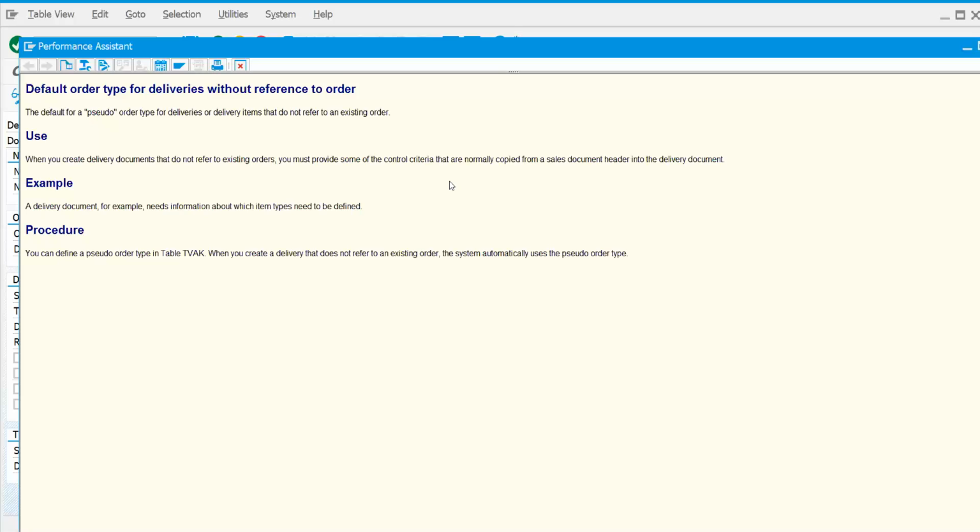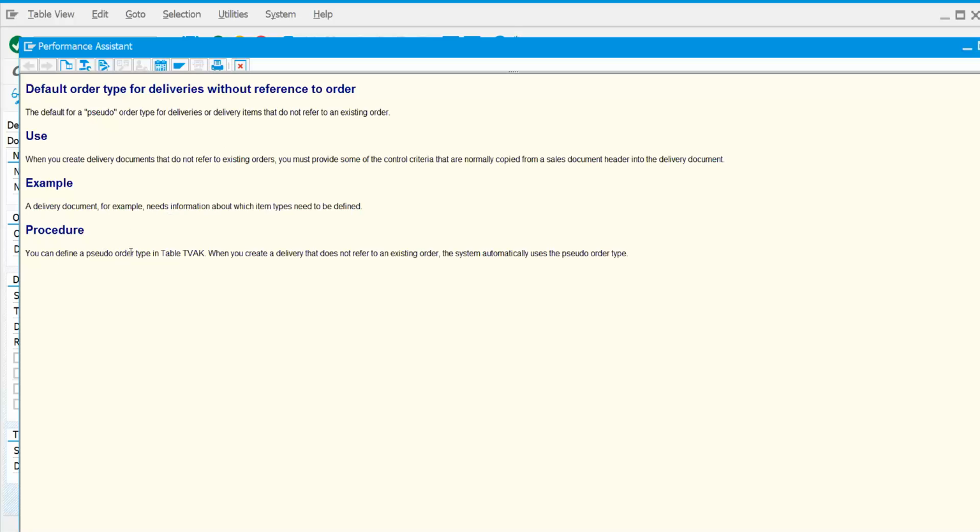At the sales order level, the sold-to party rules, as we know, he is the main party at the sales order level. Like that, if you go to the delivery level, the ship-to party is the main party, because the person who is receiving the goods is most important for your SAP system at the business level. In such cases, if you don't refer to any order, how will the system understand to whom I need to deliver? So the pseudo order works as a replica, I mean a prototype order within the system technically, so that it can continue creating your delivery.